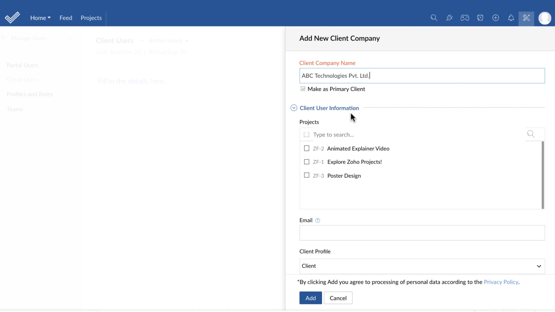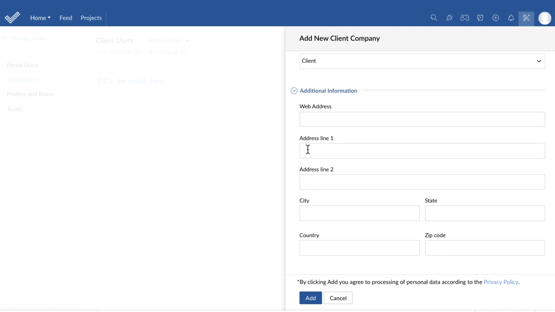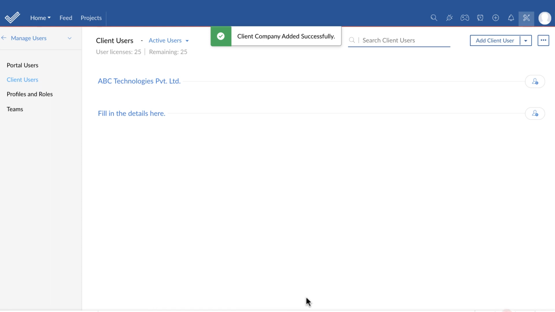Select the projects that you created for this client. You can add the other details if you wish. Then click Add. You have successfully created a client company, associated it with a project, and marked it as the primary client.